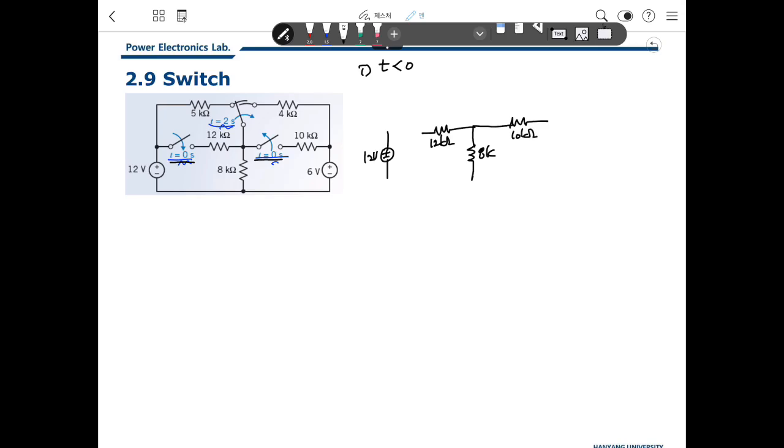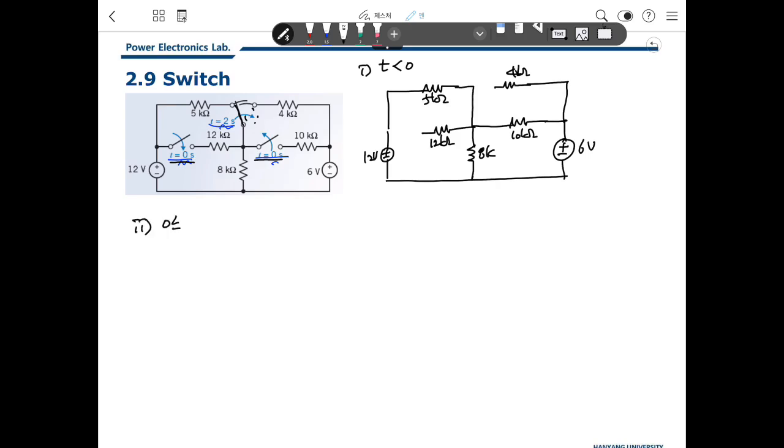Then 10 kiloohms, 60 volts here, here 5 kilohm, and initially there is current at this point. So here this is open, 4 kilohm in this way. This is the circuit when T is smaller than 0,